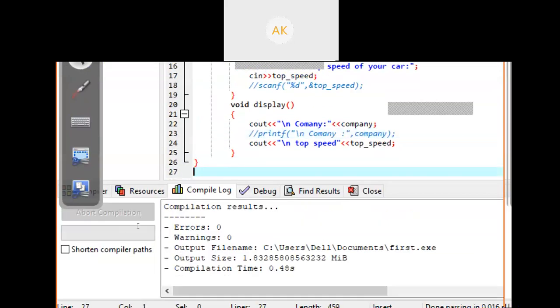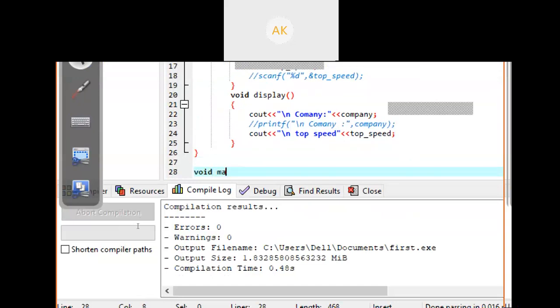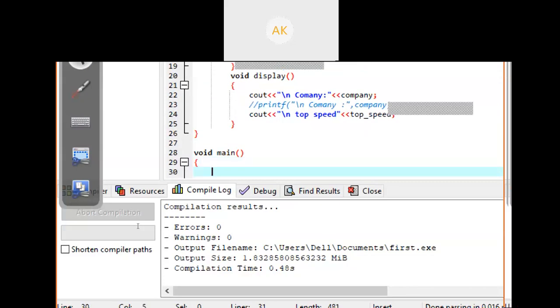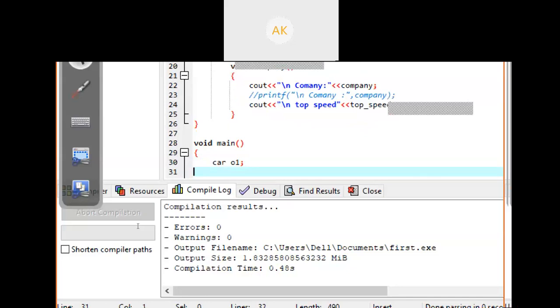Now write the main method: void main, curly braces, and your object. How can we declare an object? Write your class name, which is car, and the object name. Suppose your object name is O1, so this is the object you have declared. You write a comment using two forward slashes: object creation.